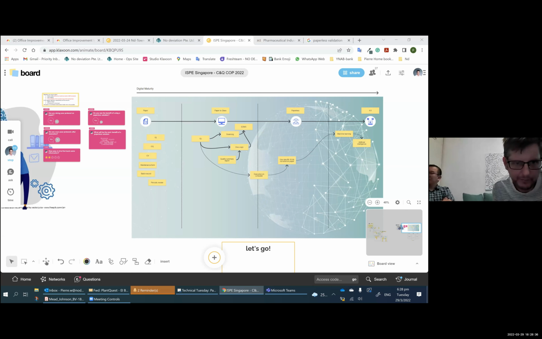What are the quantified benefits used to justify a digitalization initiative? Okay, I'll give you one, right? The number of times you have to write attachment 1 of page 1 of 200, you will write that 200 times. In a digital solution, you don't. Another benefit is simply paper to glass, right?